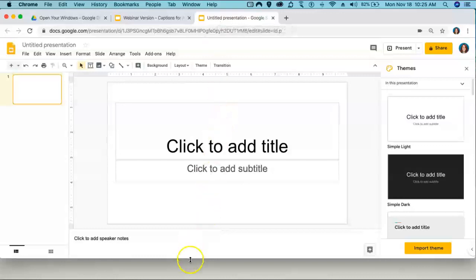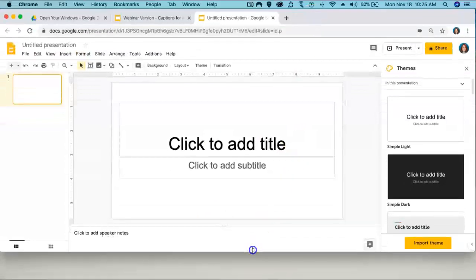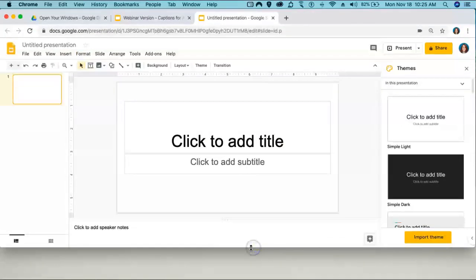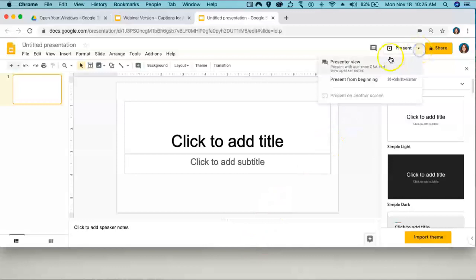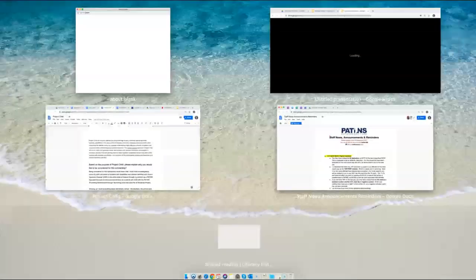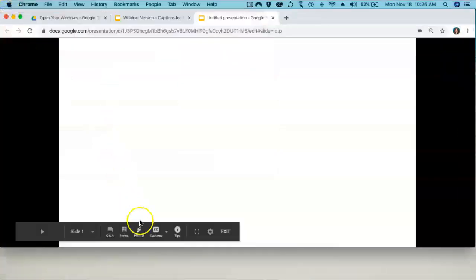Before moving forward, you want to make sure that you're not in full screen and that you can move the window around, and you'll want the bottom to be adjusted about an inch from the bottom or so. Start by going over and turning on the captions in this presentation in Presenter View. This has to be done in Presenter View. So I click Presenter View, close out of the questions box, and I'm going to go ahead and start the